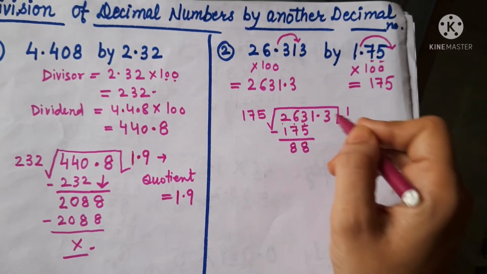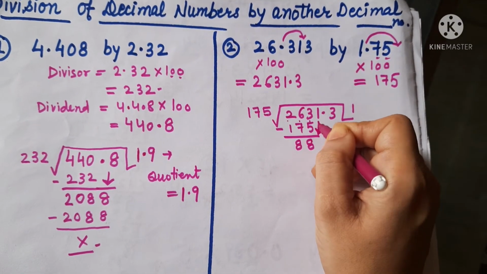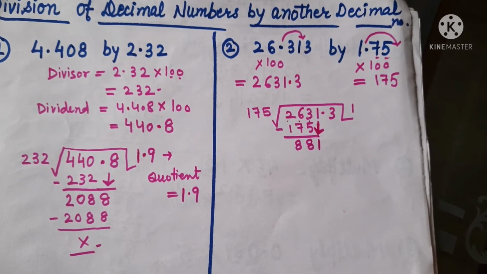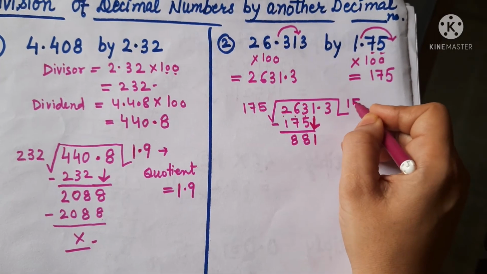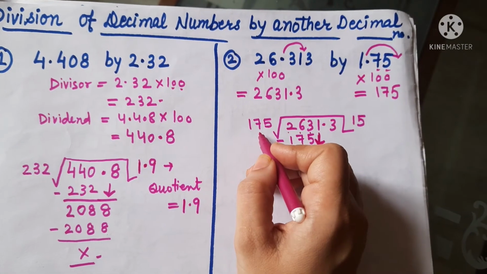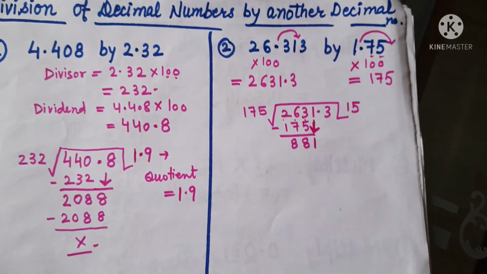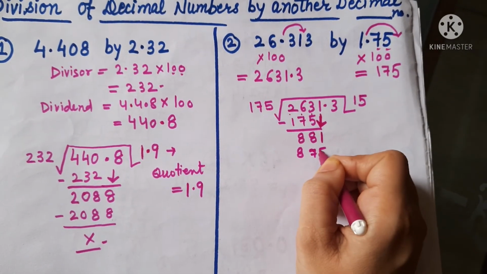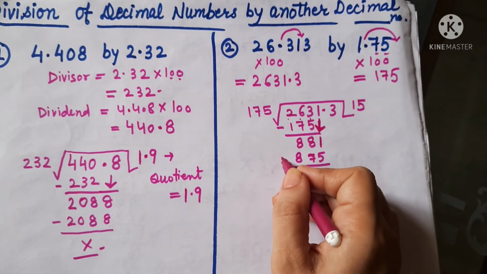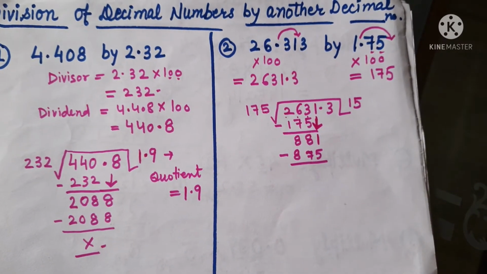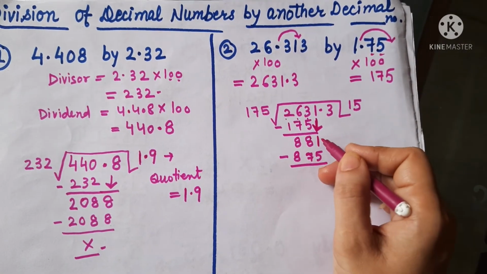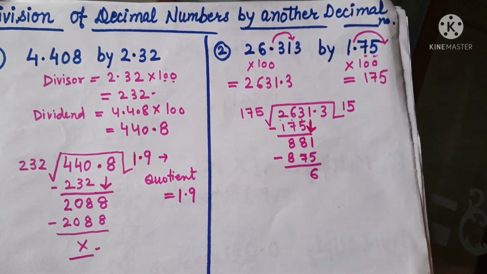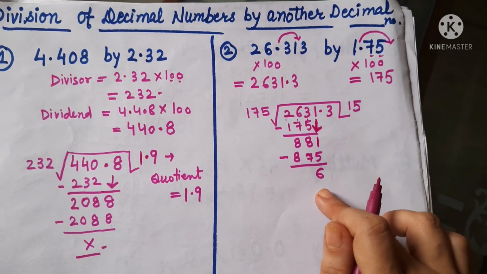Now what we will do in the next step in division, 1 will get down, 881. Now it will go with the number 5, meaning we will multiply 175 by 5, it will become 875. Now we will subtract the term. 11 minus 5 will be 6. 7 minus 7, 0. 8 minus 8 will be 0. 6 is the only balance.